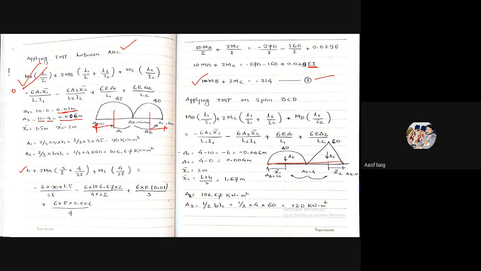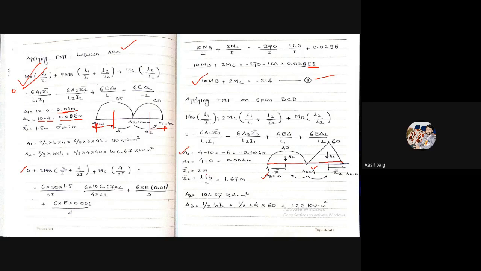Now we will calculate the del 1 value. Del 1 is the relative displacement of the central support with respect to the left hand support. So the central displacement is 4 and the other is 10. So 4 minus 10, we get minus 6. We will convert this into meters, so minus 0.006 meter. Del D is 4 minus 0, which is 0.004. We write it directly because the settlement at D is 0.